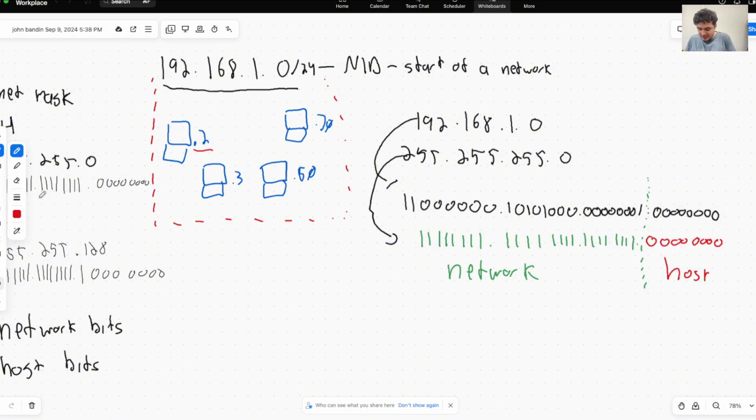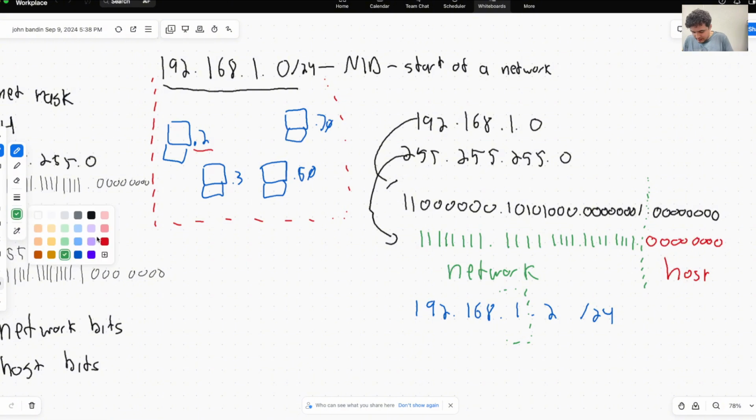I know as this computer, 192.168.1.2/24, because I also get a subnet mask as a user, I know that on the left side here is my network, and on the right side is going to be all my buddies in the same network, each with another unique IP address. So if I want to talk on my local network, I could talk to anybody in this range, .0 through